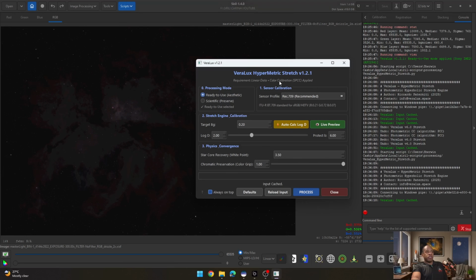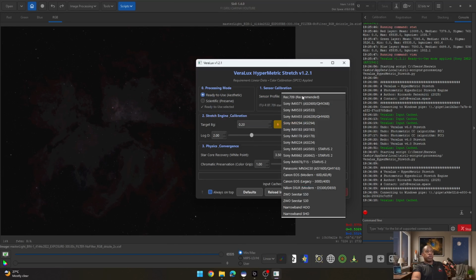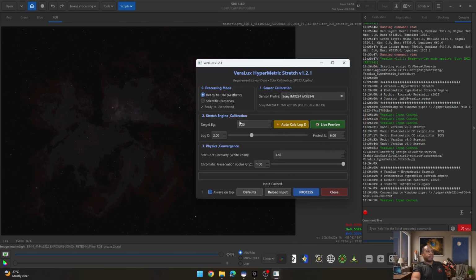And as you can see, this is the new version 1.2.1. Just as before, we have the ready to use aesthetic and the scientific preserve version. For now, we're going to start off with that version. We're going to select the sensor for my camera, which was the ASI 294. And as you can see, we have some new features here, which would be the live preview. This was one of the items I recommended to Ricardo, and I'm really glad that he included it in this version. So we click on live preview,